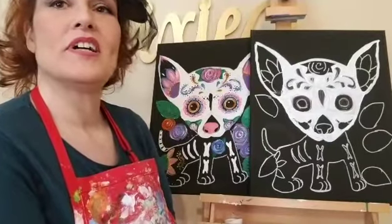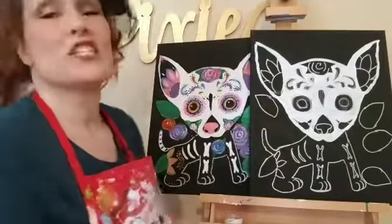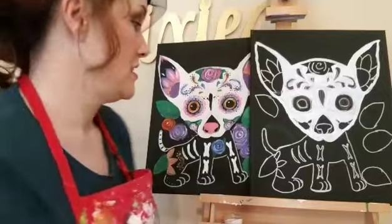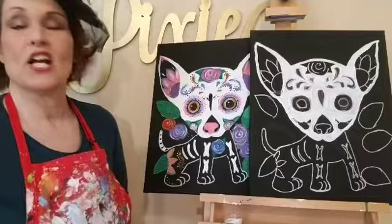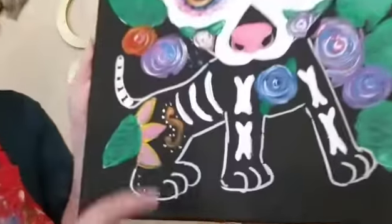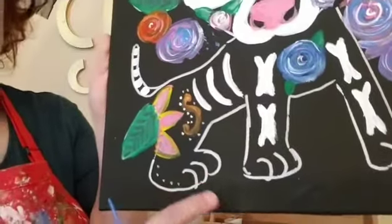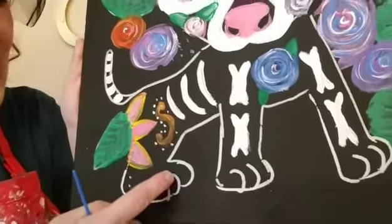Good job. And then remember, white is so boring I can hardly stand it. No decorations yet. So how about her bones? And her little body. Look, I didn't outline her body. I just left silver Sharpie because it looks kind of white, and you like mine, right? So all we have to paint is rib,